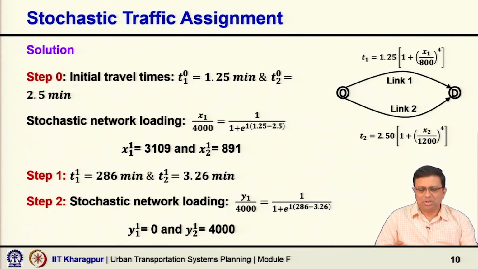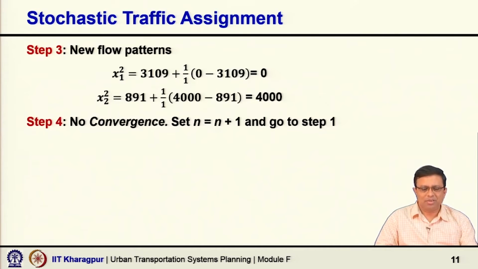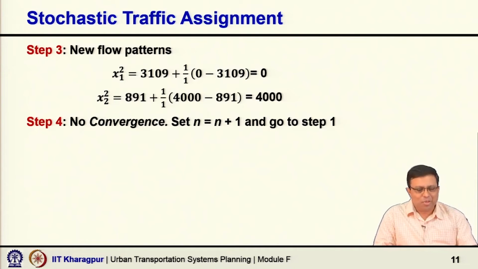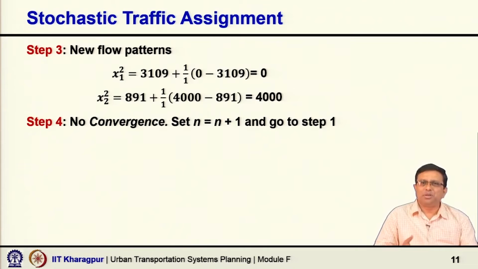So, here you do exactly the same manner. So, you calculate x1 as 0, x2 as 4000. Now, no convergence, so the change is very significant. Obviously, in the first iteration there will be a big change, and then you set n equal to n plus 1,